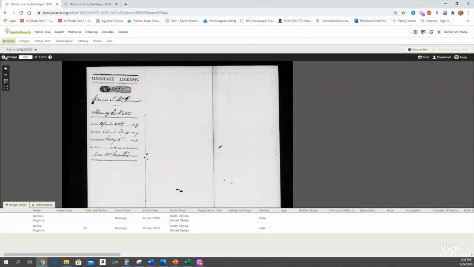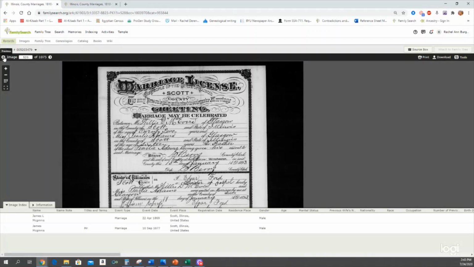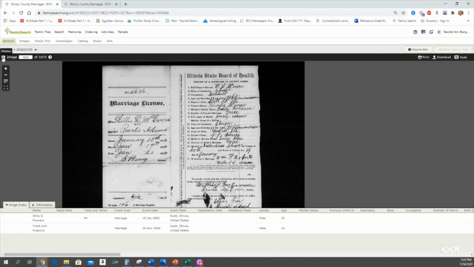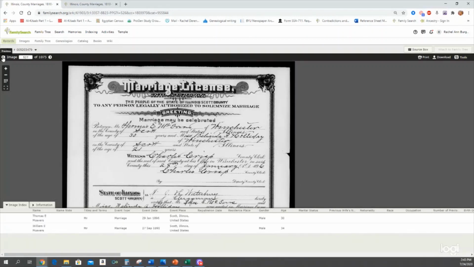Did anybody get their bearings when we zoomed out? Did anybody see the organization of these records that might clue us into why I'm not finding William? Thomas, Willis.